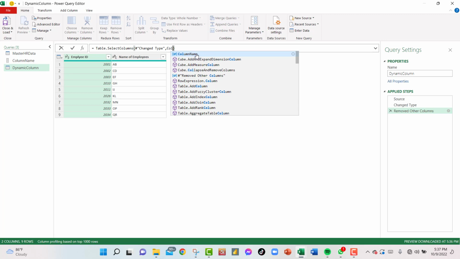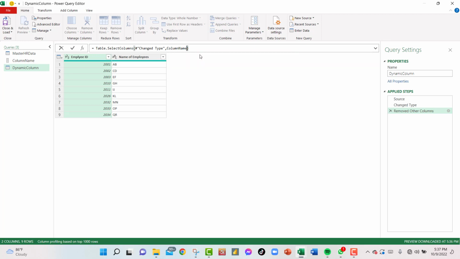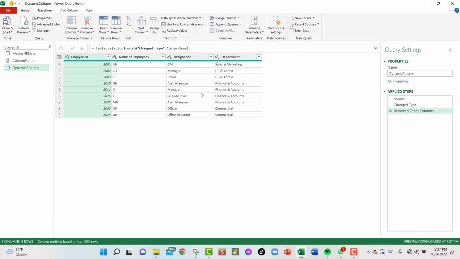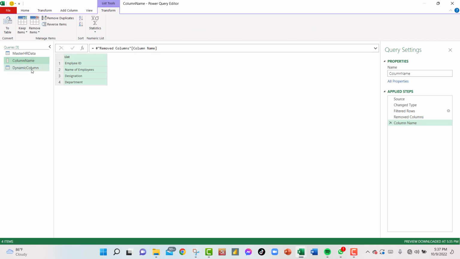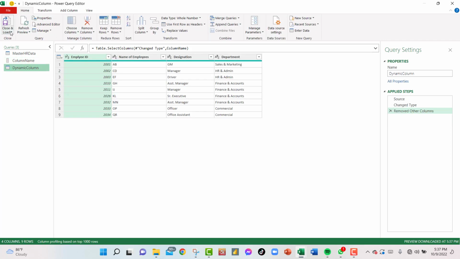If I start to write the word column name here, after writing the 3 letters, you can see IntelliSense is suggesting that I have a name with column name. So I can click on that and press enter. You can see the columns are dynamically generated as per this list, right? So let me close and load to